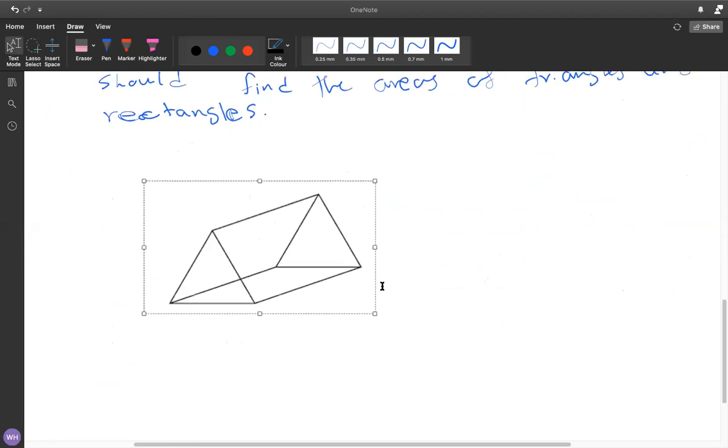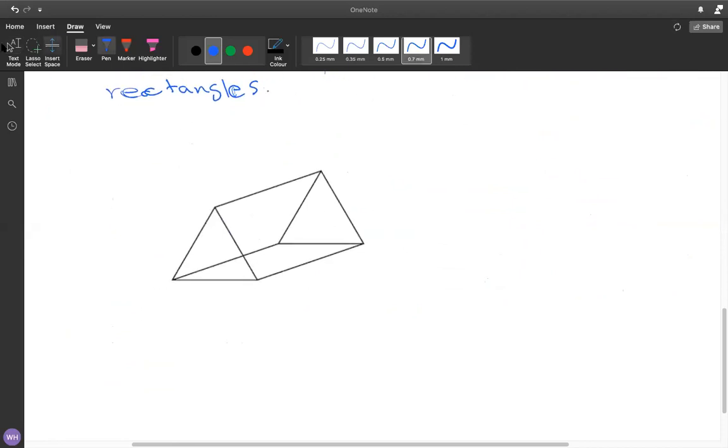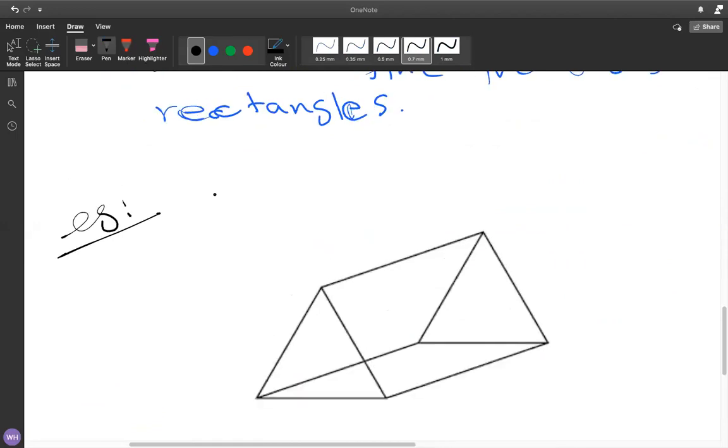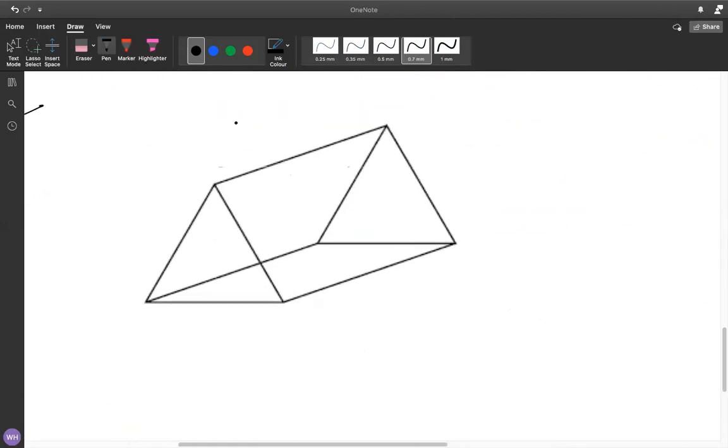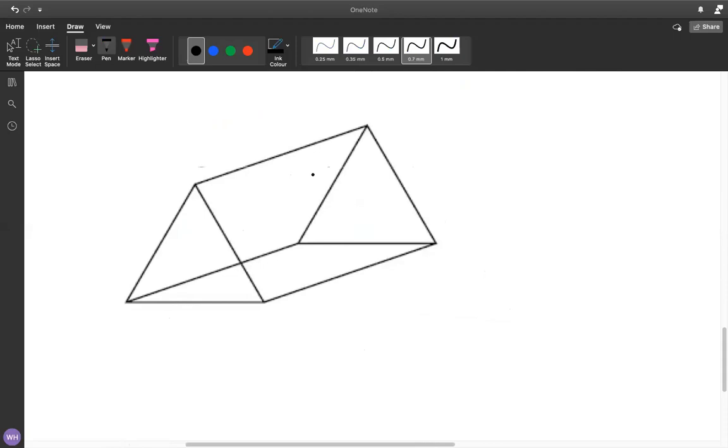Okay, so let's do an example. I will give you the required length here. If you guys can draw a prism, quickly draw it. I will give you the measurements. This is, sorry, 20 centimeters, and